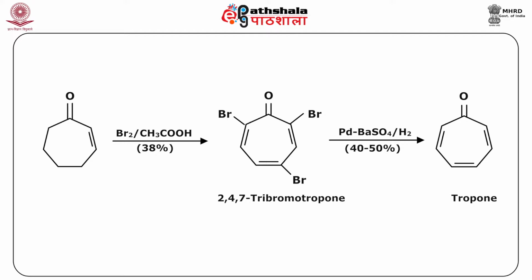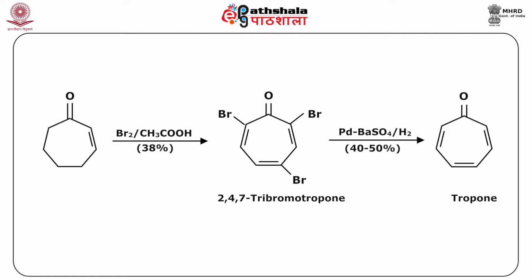The interruption of the reaction after the uptake of 3 molecules of hydrogen will provide tropone. As shown, incomplete hydrogenolysis has yielded 2,7-dibromotropone. So we have to first of all control the reaction conditions so that 3 molecules of hydrogen are taken